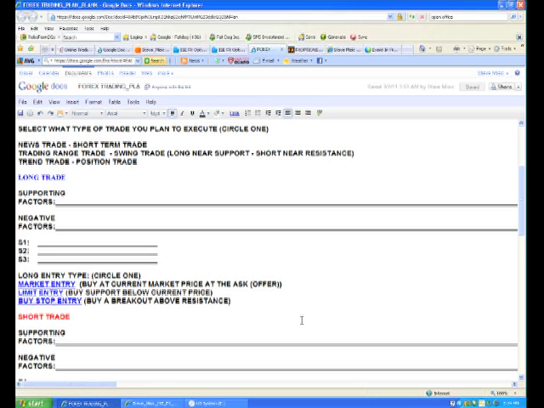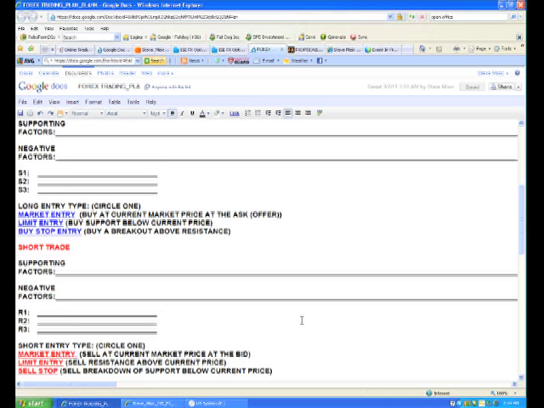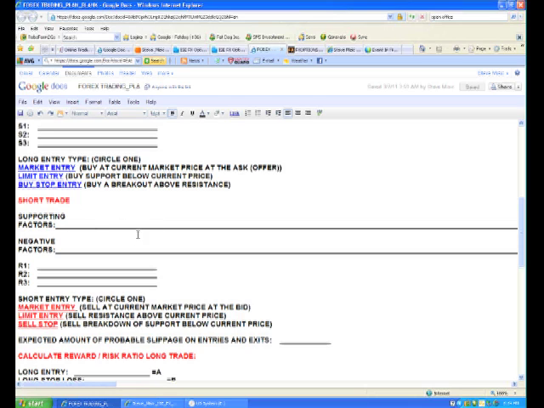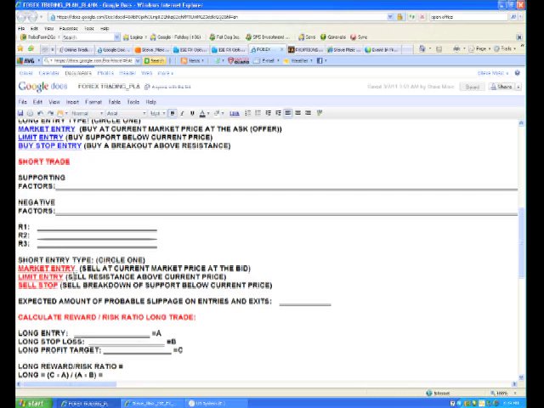I'm going to do the same steps if I happen to enter a short trade. Supporting factors for going short, negative factors for going short, three key areas of resistance above current price. The market type of entry, limit entry, or a sell stop. In this case, if I'm trading at the market, I'm going to be selling on the bid. If I'm trading a limit order, I'm going to be selling resistance above current price. And if I'm going to be selling a break of support below current price, I would need to use a